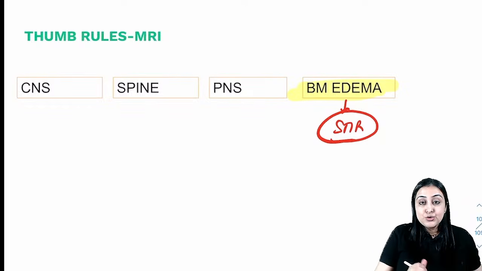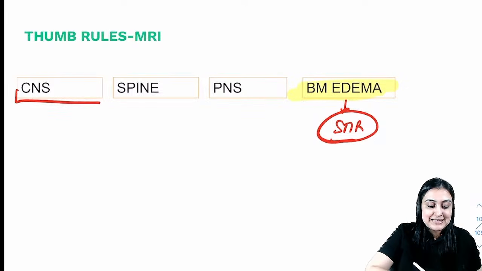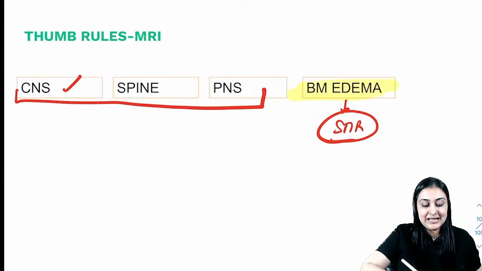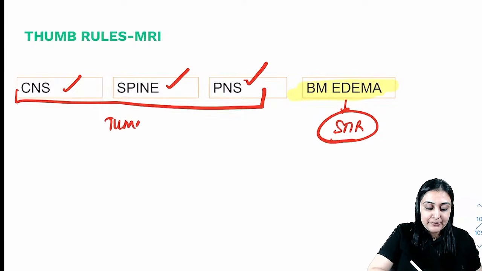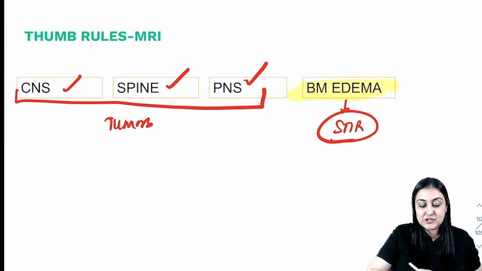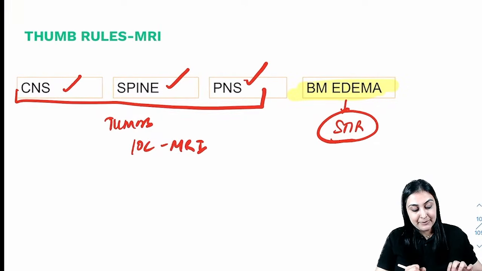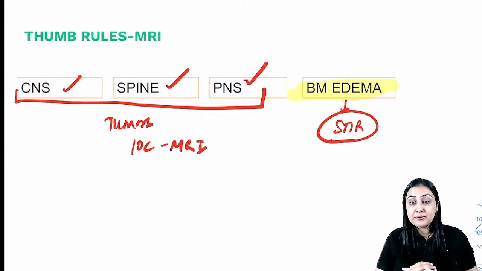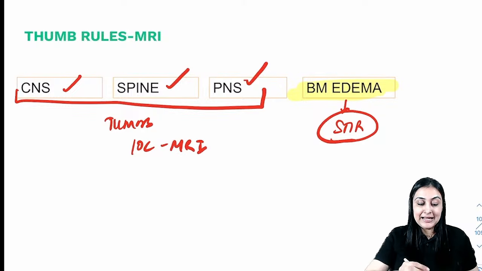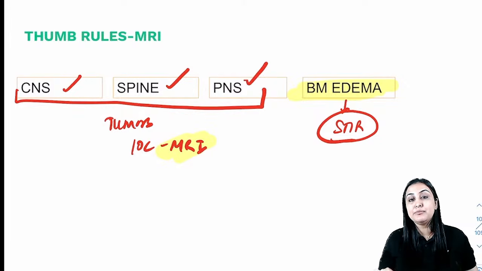Now for any tumors, remember for central and peripheral nervous system, if it is anything of the central or peripheral nervous system, brain, spine, nerves, when I have tumors of brain, spine or nerves, what is going to be the investigation of choice? It's going to be MRI. All right. So in fact, any disease of brain, spine or nerves, it's going to be MRI except emergencies. So except for head trauma and stroke, everywhere else I'm going to be doing MRI for brain, spine